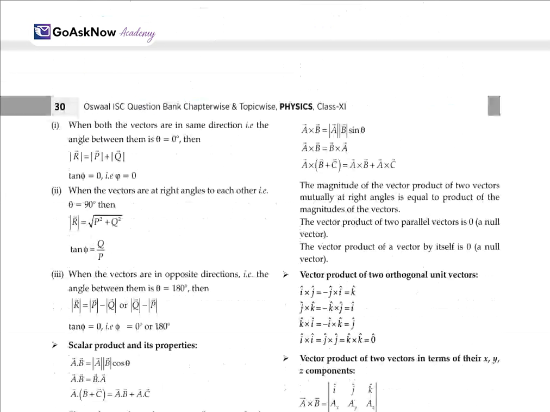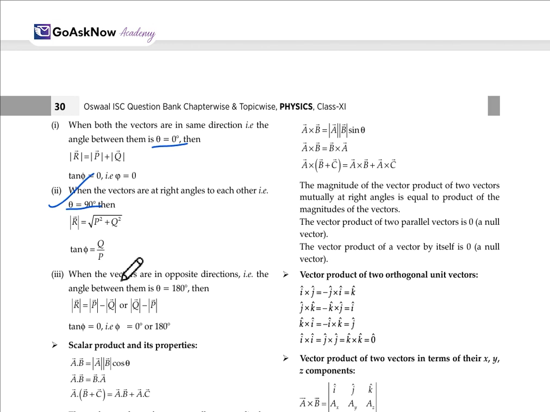For the water, just when N is greater than or equal to 0, then mg is equal to mv square upon r. You will just get the value v is equal to under root gr. As we have to find the time period, it will be equal to 2 pi r upon v. We'll simply put all the values. When we solve this, we get the time period equal to 4.01 seconds. Okay, so this is about the first.